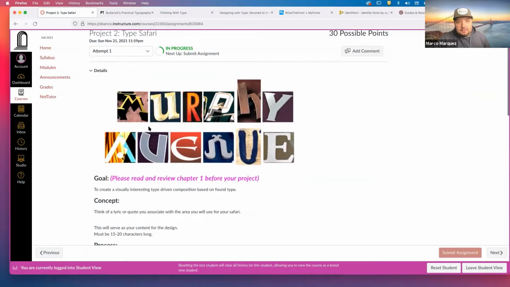So this was my type Safari, and it doesn't really follow the exercise that I'm giving you. It just basically names where I went. So I went to Murphy Street here in Sunnyvale. I had visited Murphy Street, but I'd never stopped to really look at the signage. And I was shocked at how much variation there was, and actually how much experimentation, like non-conforming typefaces there were